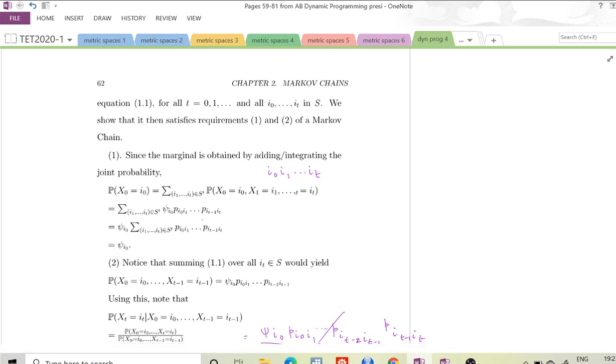Okay. So, if you're not convinced, you can just do this recursively. To add these up, for instance, you can say, well, let me first add up all the probabilities on the shorter path, i2 to iT. So on the shorter path, I can then factor out the P i naught i1, right?